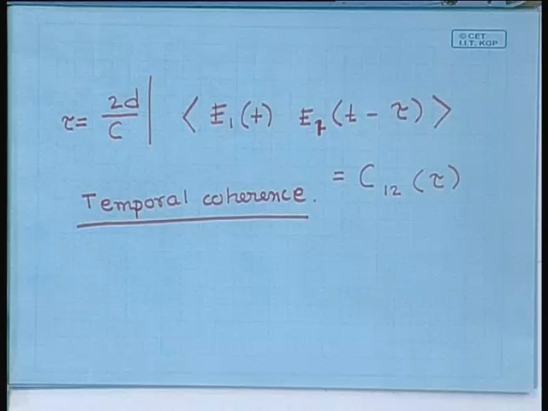Okay. So, let me recapitulate again. The Michelson interferometer measures the temporal coherence. So, there is a wave coming through. You divide the wave into two parts, put a time delay into one of them, and then look at the coherence between these two waves that you have produced. That is the original wave and the same wave with the time delay. What is the coherence between this?